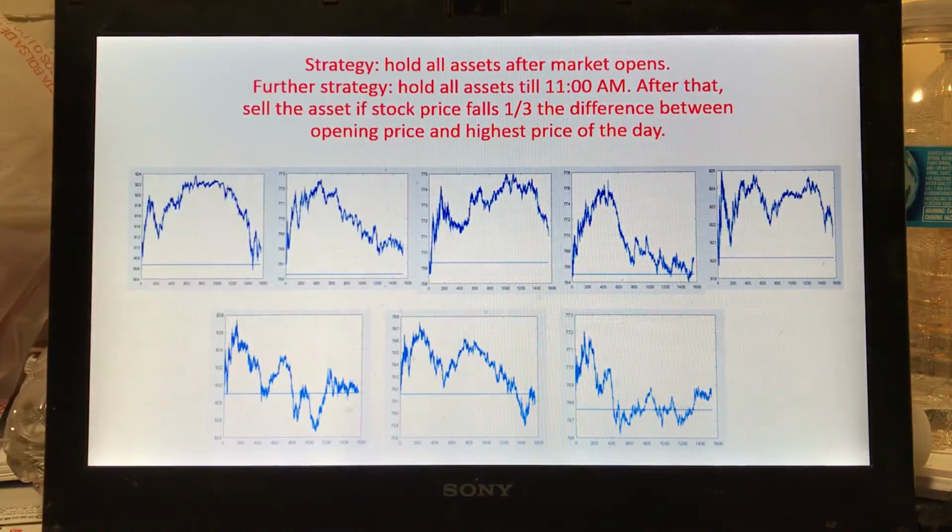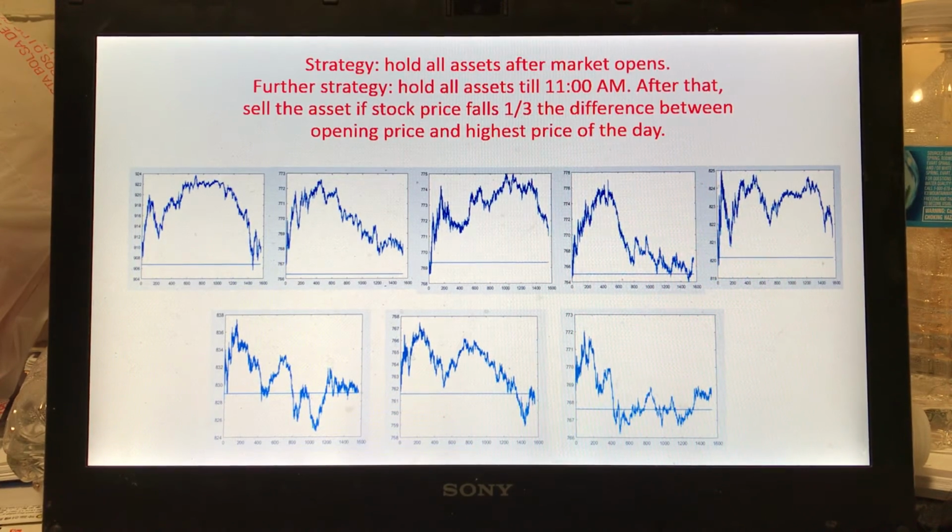And for this part, I'm definitely keeping my asset until this point, and I might sell my asset in here. So if you apply this rule to each of these cases, we can see that this strategy can be successful in all of these 8 cases. So I believe this can be a quite reliable strategy.